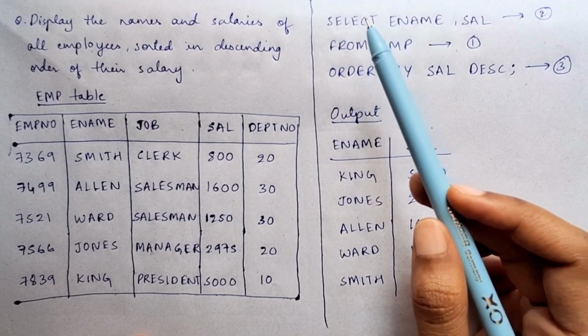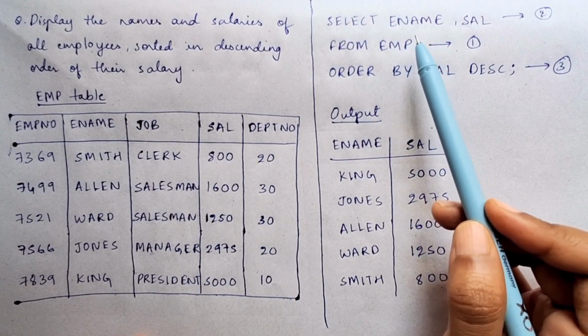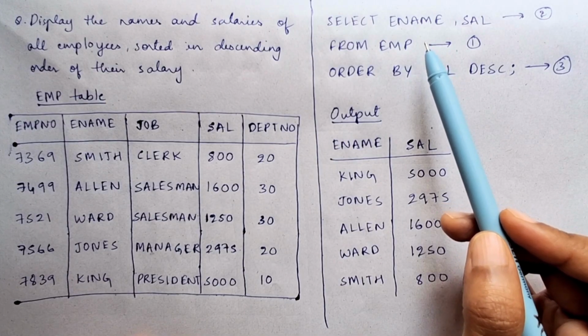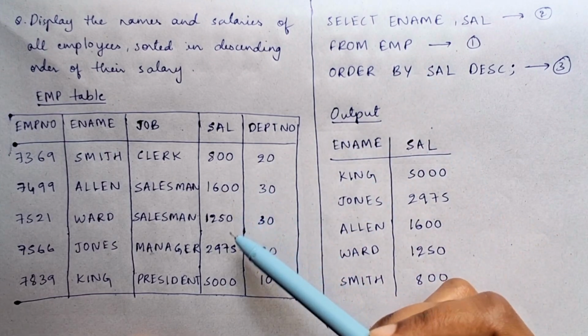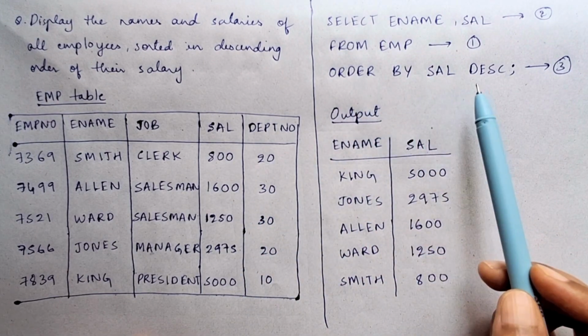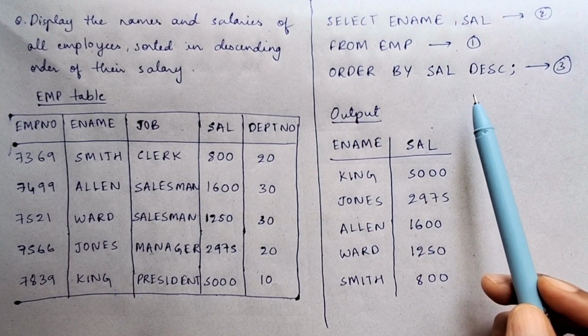The query is select ename, sal, which chooses which column to show, in this case employee name and salary. From EMP picks the EMP table from the database. Order by sal DESC sorts the final list based on the salary column in descending order, that is from highest